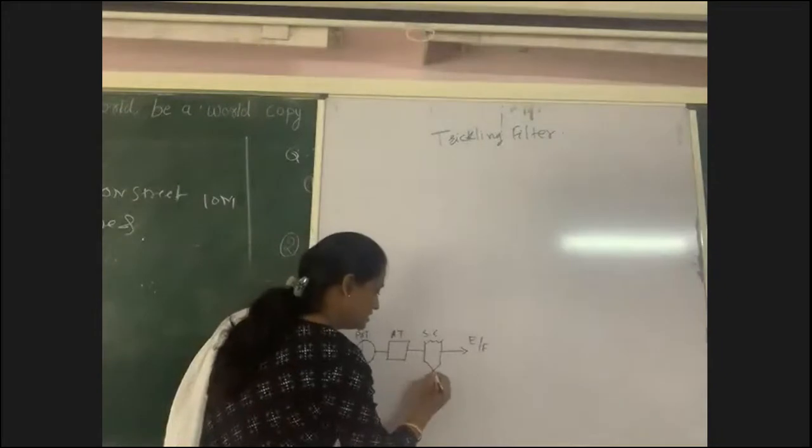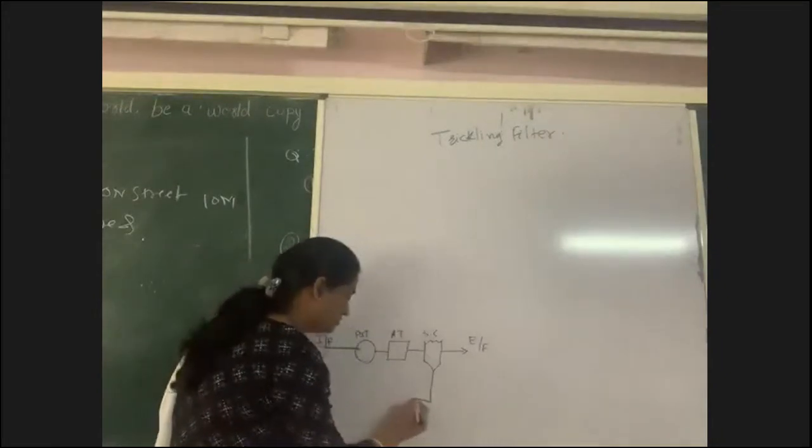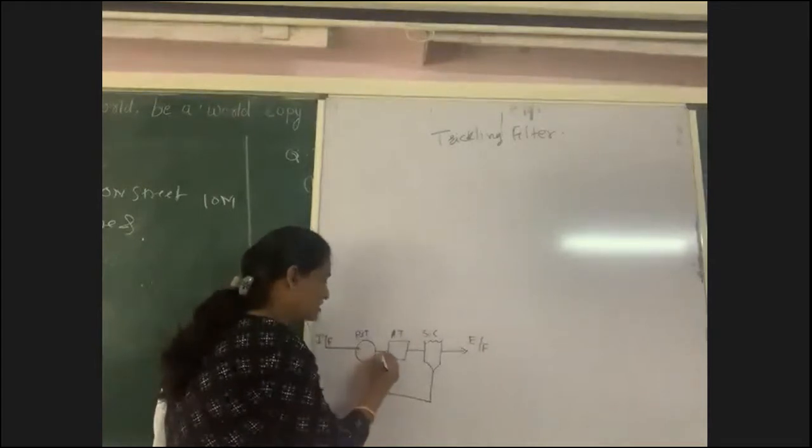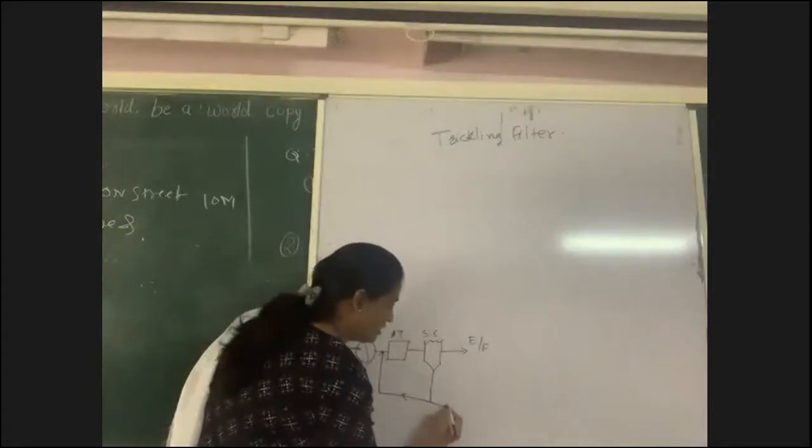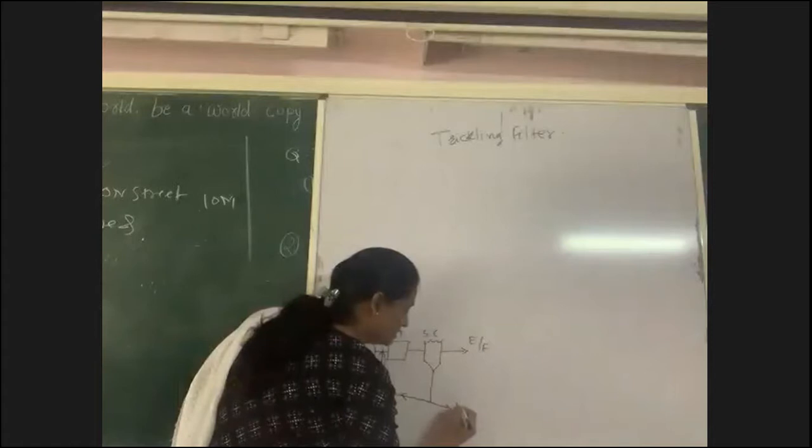What we saw in activated sludge process: this is the influent, then primary clarifier, then aeration tank, and then secondary clarifier, and then effluent. So this is influent, this is effluent, this is primary clarifier or primary settling tank, aeration tank, and this is a secondary clarifier. Sludge is going to be removed from the bottom, and part of the sludge we are recirculating before the aeration tank, okay, and remaining amount of sludge we are wasting it.